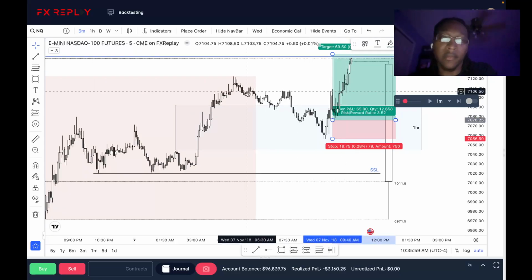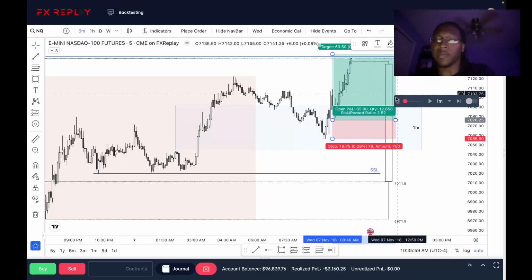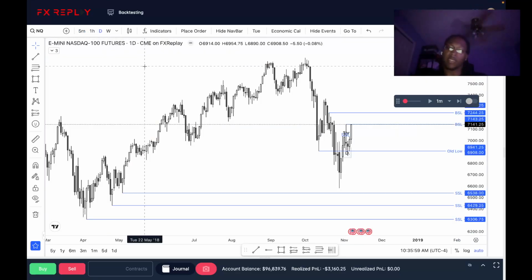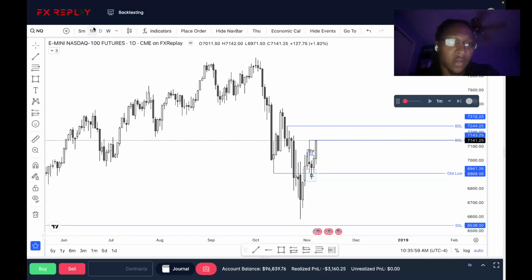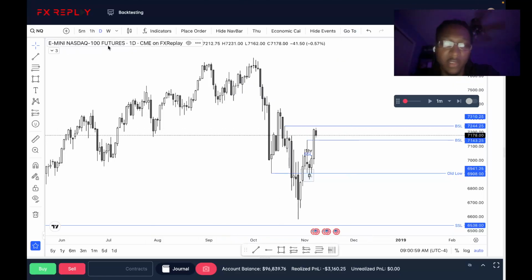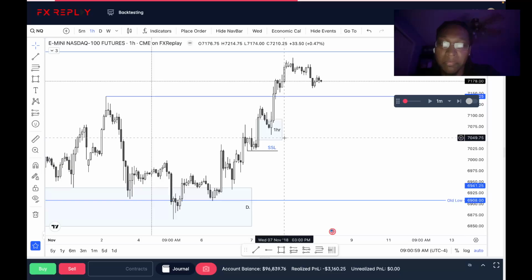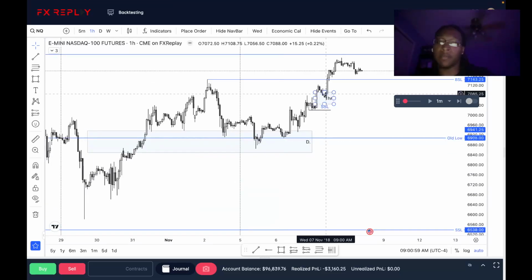I baited and was scared and didn't take it because I thought these relative equal lows would have got taken out. But price ends up running 1 to 3. So that's on me. Should have taken that trade. That would have been a great trade to take, but I chickened out. All good. Next day, let's see what happens. It runs even higher. Yeah, that's a beautiful setup, beautiful trade right there. One shot, one kill type vibe. But let's see.